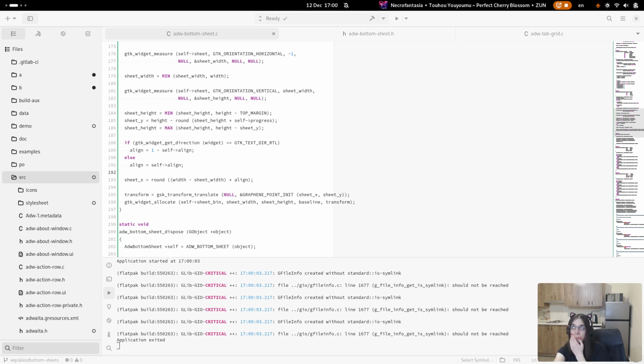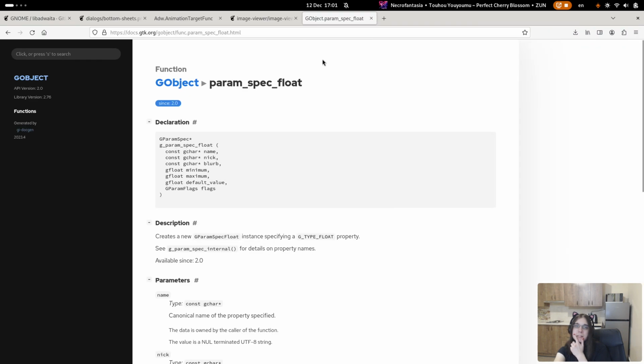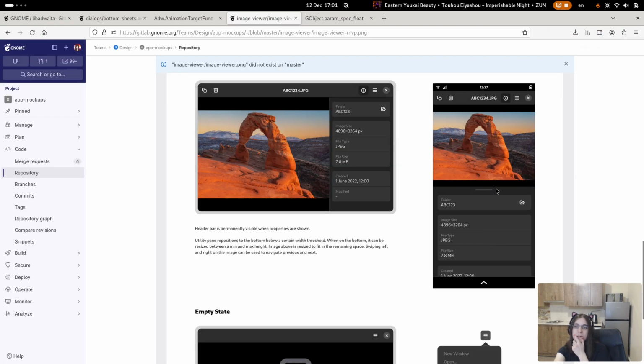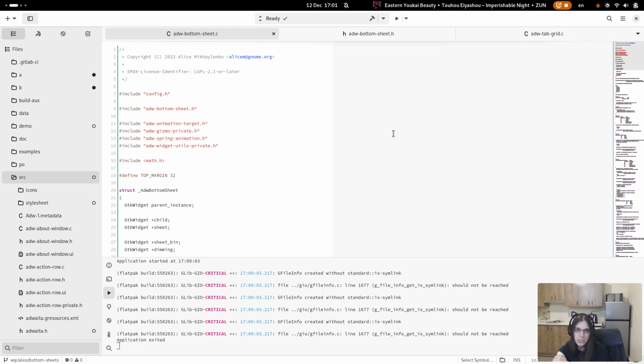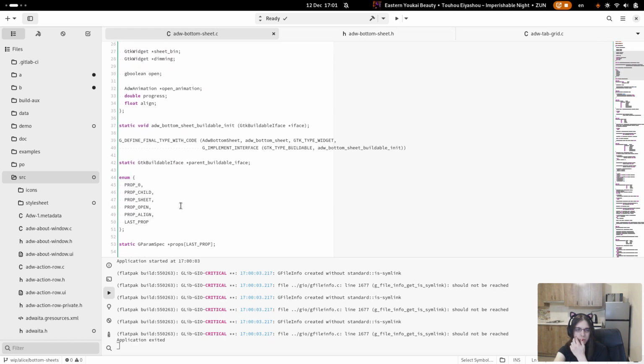We'll need some property to monitor the current height because, again, in this mockup, the image needs to adjust to the sheet. Yet another track I don't recognize. Maybe again Extra stage. The image needs to move with the sheet, so it needs to know the current height. Which, actually, let's implement now. It should be simple enough.